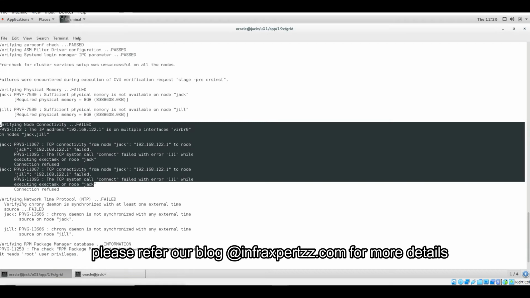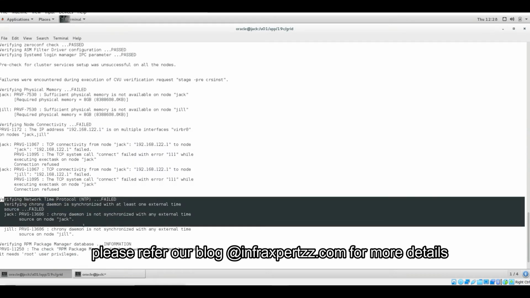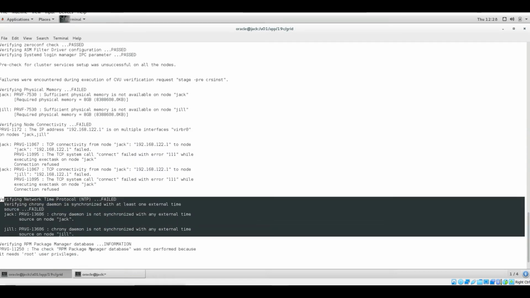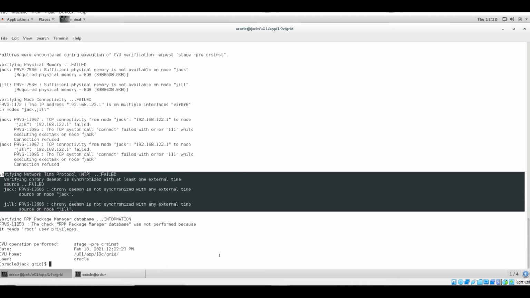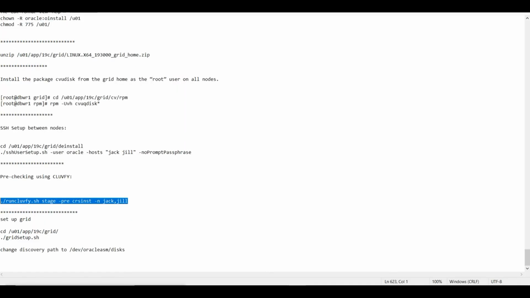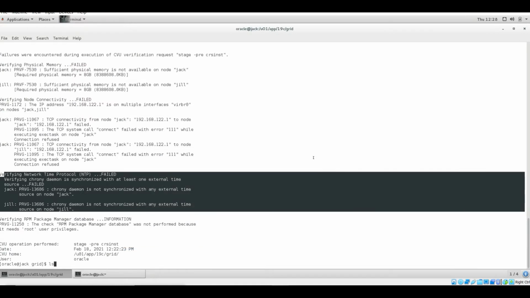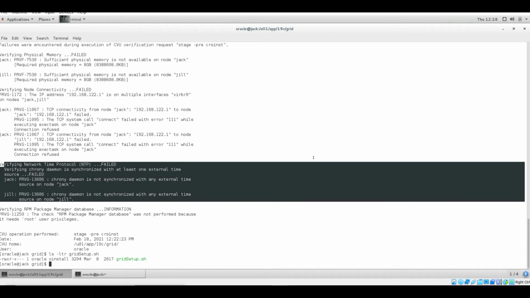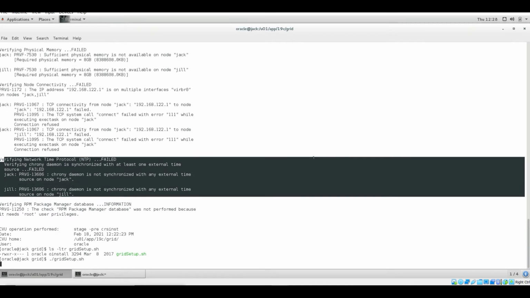This one also we can omit. These two we can omit, and so we can proceed with our grid setup. So this is the utility which I need to run. So let us proceed.